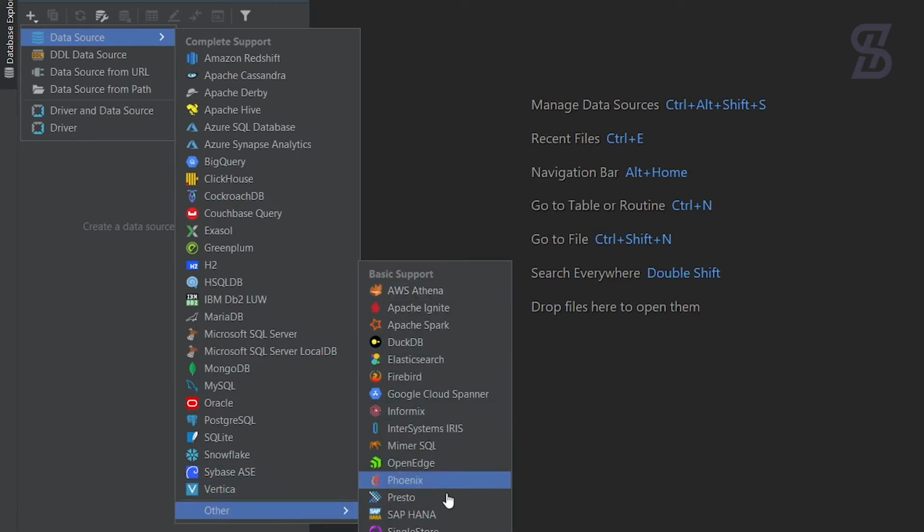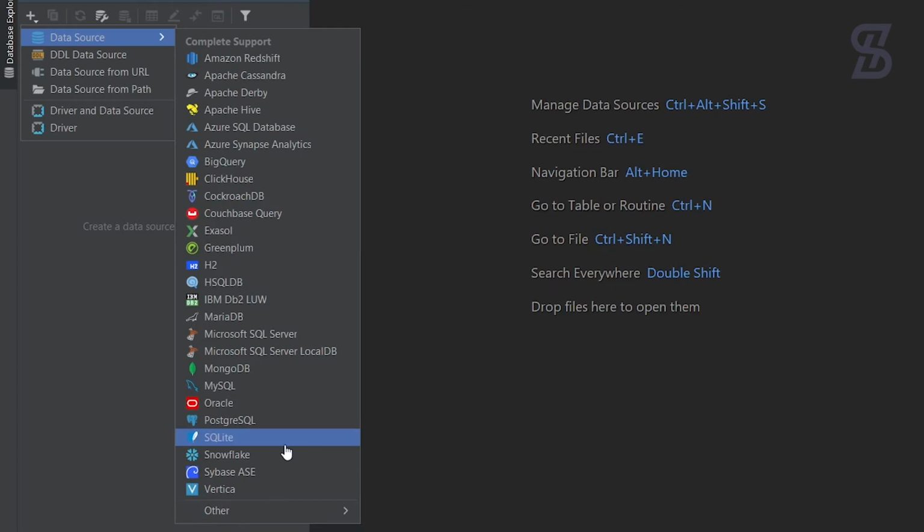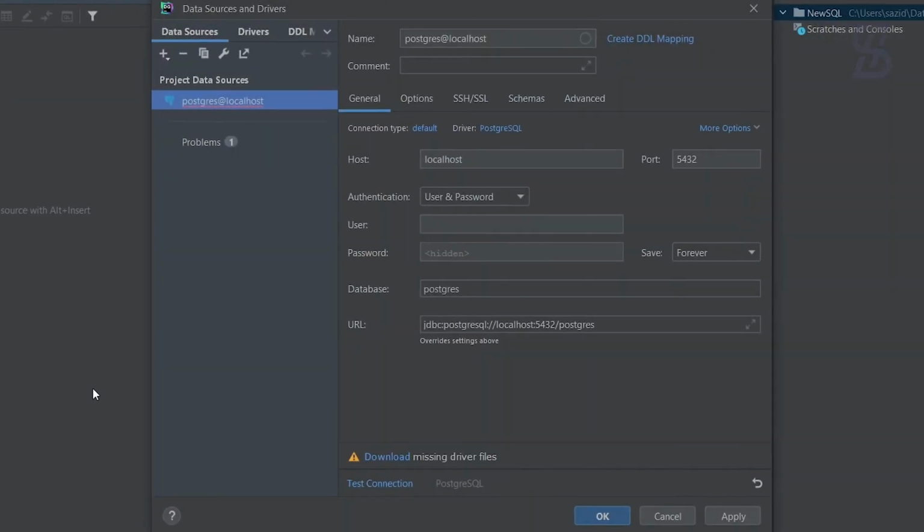I am going to choose PostgreSQL, which I already installed on my Windows operating system. And if you want to know how to install PostgreSQL, don't worry about it. Check out the link in the description below, where I show you the process of how you can properly install PostgreSQL. So I just choose Postgres here, and once you click on it,